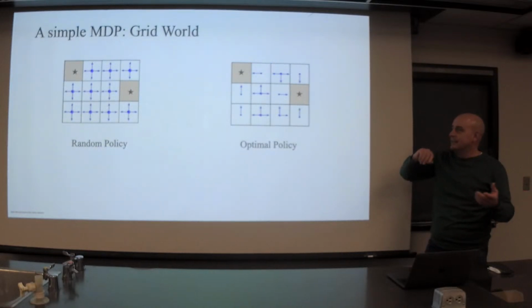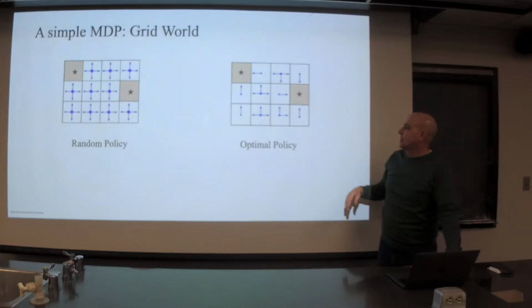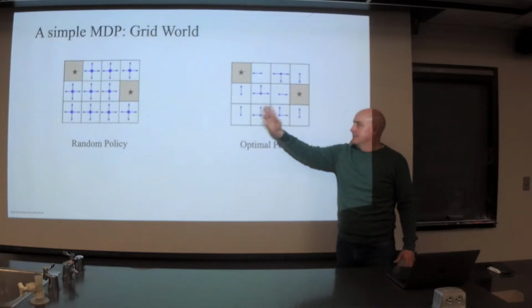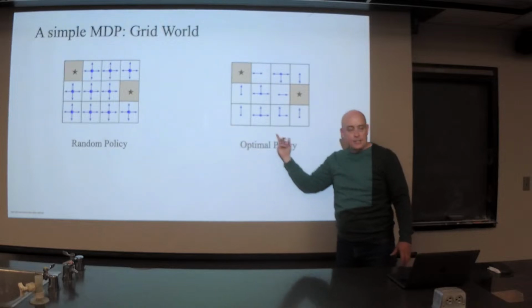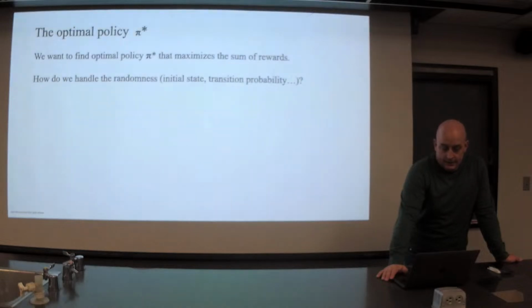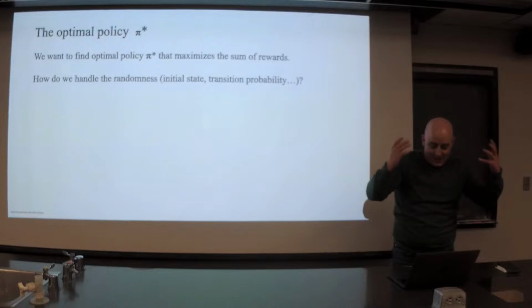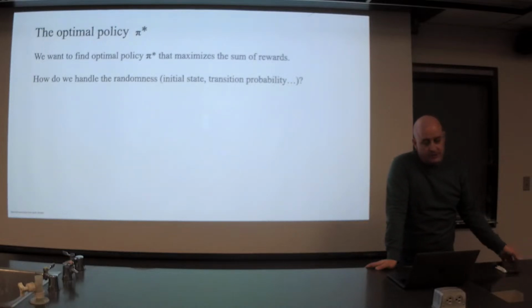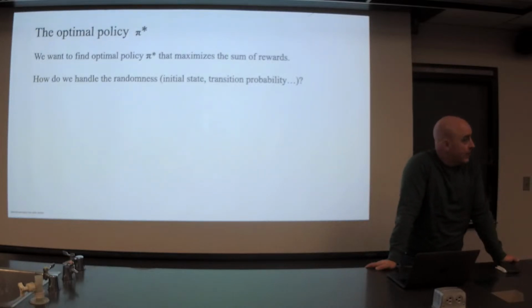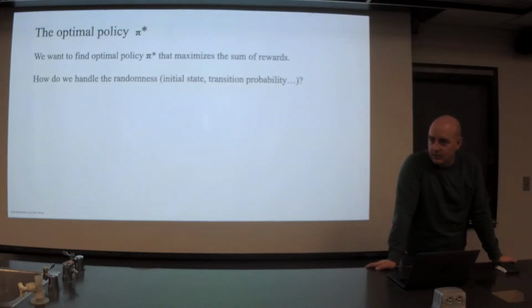Okay, so a simple Markov decision process. Markov because the next action you take only depends on where you are now. And here's the difference between a very suboptimal policy, this random policy, and an optimal policy. All right. So the whole thing here in reinforcement learning and Markov decision processes is just to discover these optimal policies. So how do we do this? Well, it's really easy in simple grid worlds, because you can just enumerate the policies, and it's pretty easy to reason through it.